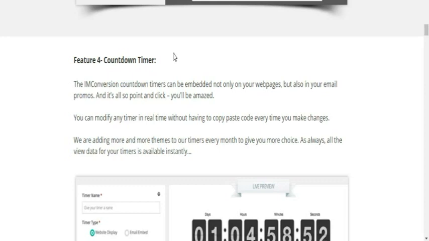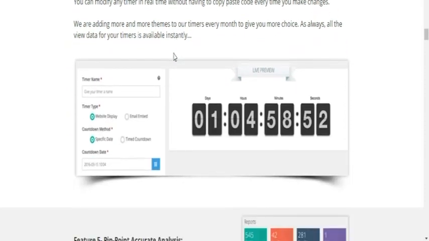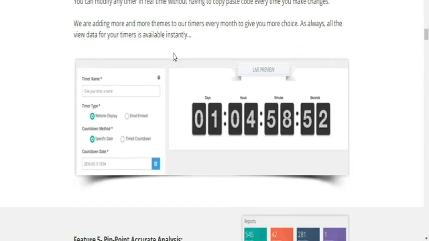You can also modify any timer in real time without having to copy and paste code every time you make changes. They are also adding more and more themes to give you more choices,